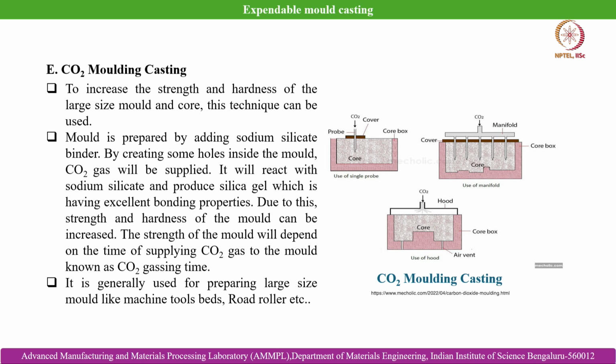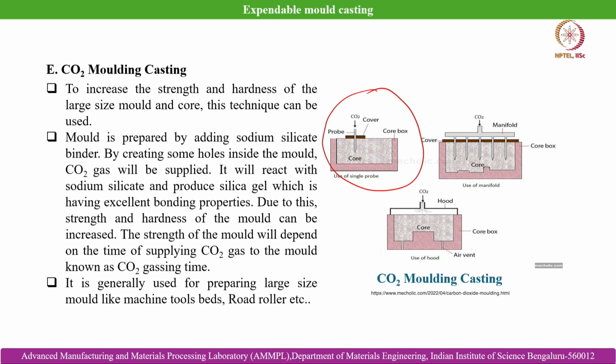To increase the strength and hardness of large size molds and cores, this technique can be used. CO2 molding is basically a special variant of the sand casting process, and the mechanism is shown schematically over here. You can see that we are using carbon dioxide to increase the green strength of the sand mold, which helps in many ways. If we are trying to develop a large casting and a complex contoured casting by the sand casting route, then with the CO2 molding technique,